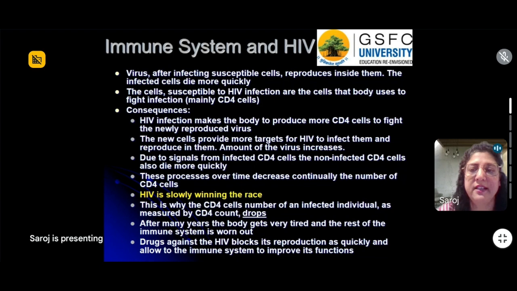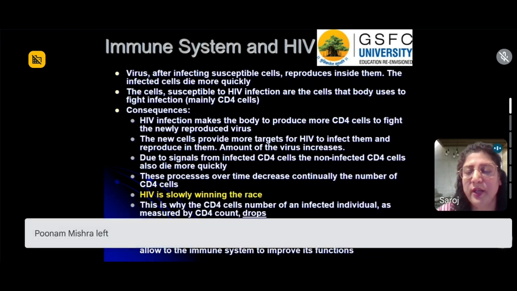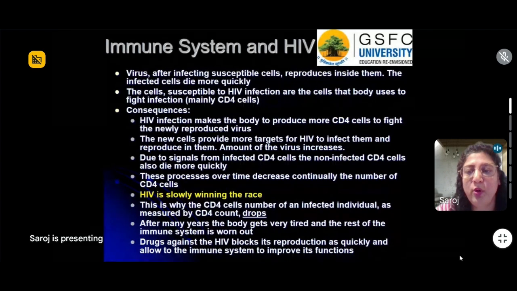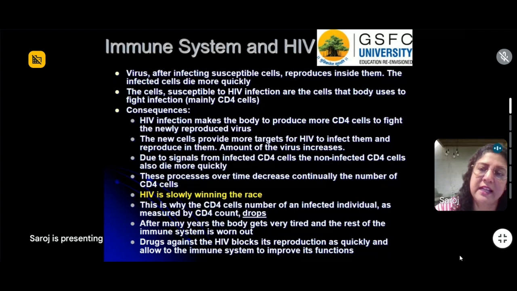I'm going to come to it later, how it tricks the system, because this question is going to be answered when you have an infection. Your virus has taken your CD4 cells hostage. To fight that infection, your body is making more CD4 cells. So it is kind of catering to the need of the virus, and more CD4 cells are produced. The virus is taking over those CD4 cells as well, and that is how it is taking over the entire defense system of your body. But I would be coming to that as well.